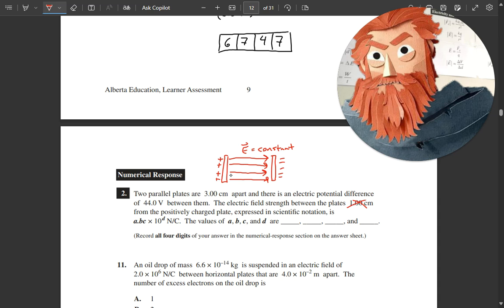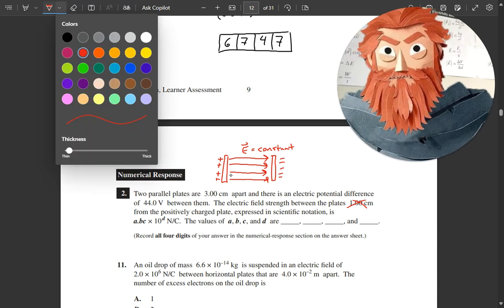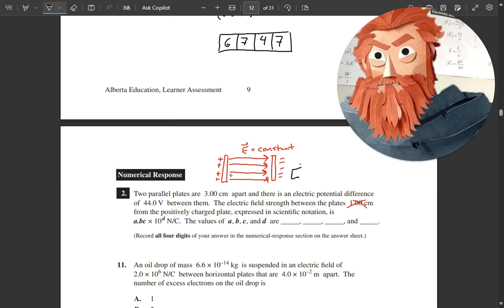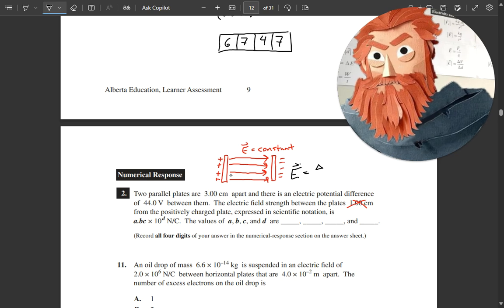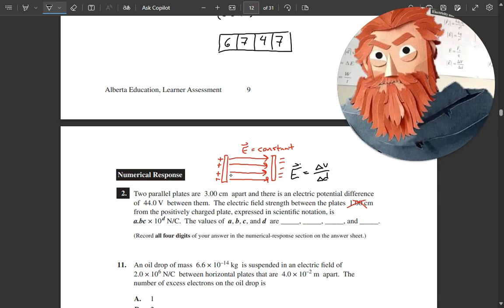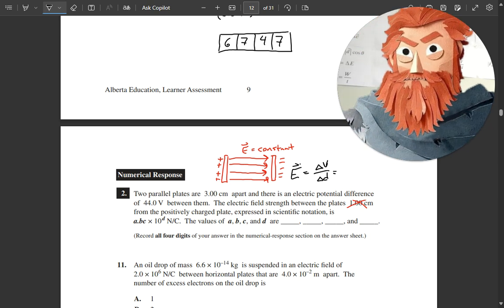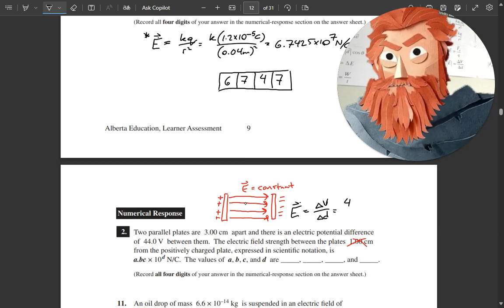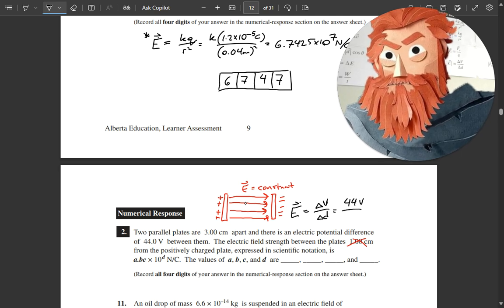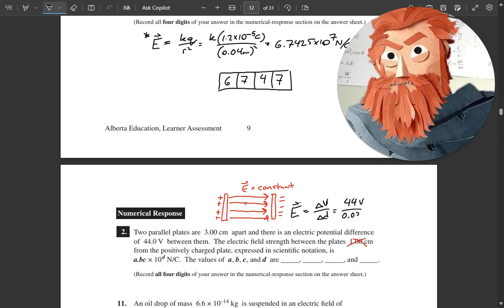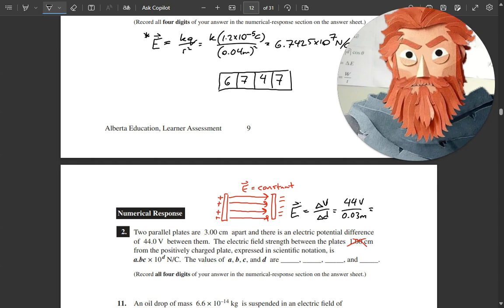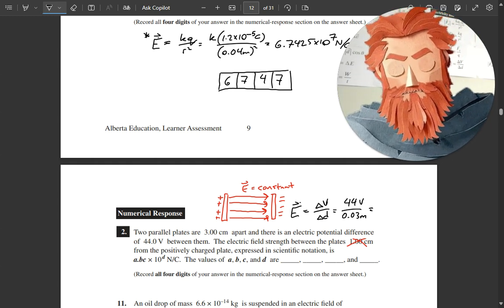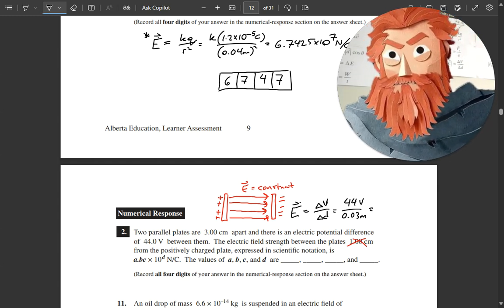When we do this calculation, let me just write out the formula that we're going to use: delta V divided by d. Those two numbers correspond with each other. Since the 44 volts is between the two plates, I need to know the distance between the two plates. So I have to use the numbers that go with each other. So I'm going to use the 44 and the 3 centimeters. And we get